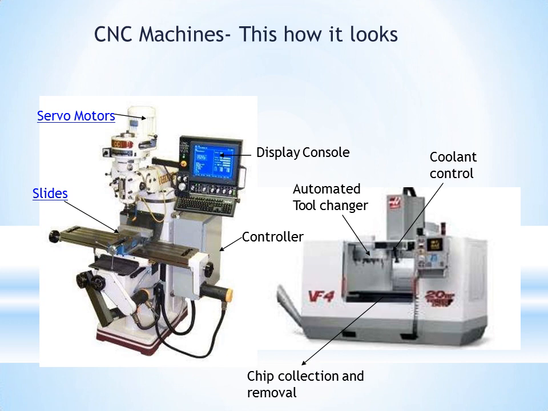Now you see there are two types of CNC machine pictures I have given you. One is a simple CNC machine, the other one is the SPM machine, which has a lot of automated facilities. On the right side you can see a simple CNC machine, a milling machine, which has a display control, an operating panel and a programming panel, and slide movements and a spindle motor, but we don't have any additional add-on facilities like an automatic tool changer, coolant control, or chip conveyor systems.